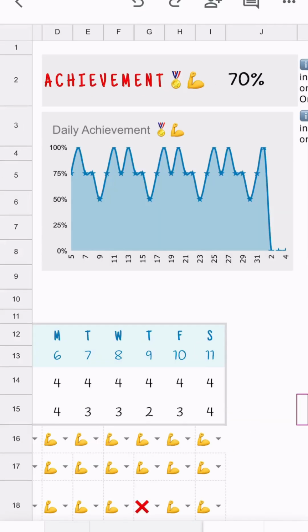All right. The next step and the final step is visualizing your progress. If you're a person who loves to visualize and review how you've been doing, this is for you. At the end of the month, you can review how you've been doing. You have a daily chart that's computed, and then on the top, you have the overall number. In this case, it's 70%. And then you do this for every month.